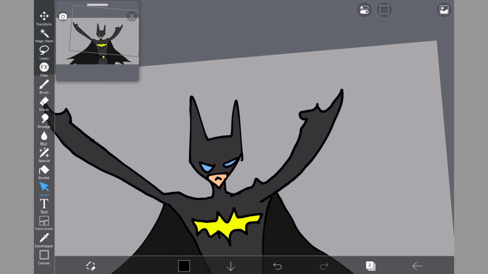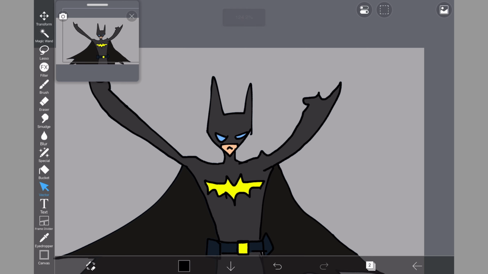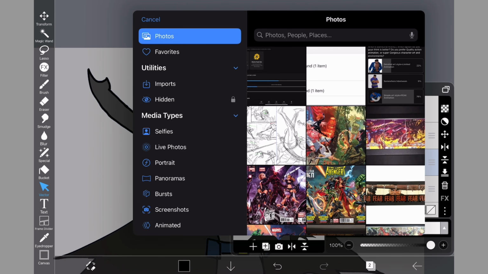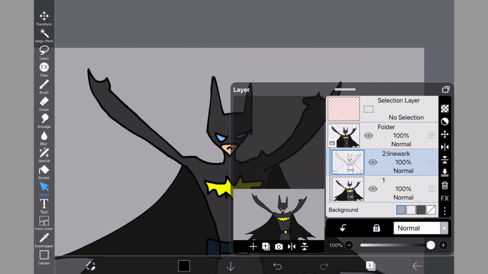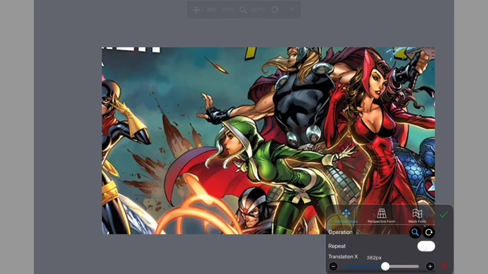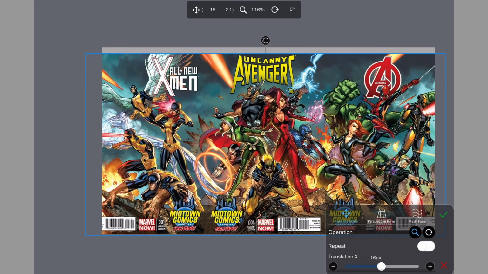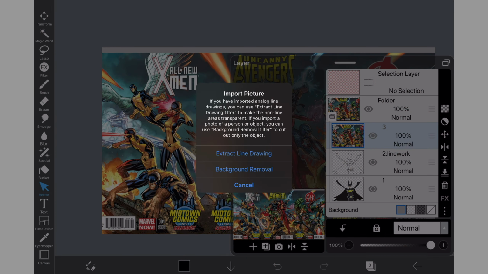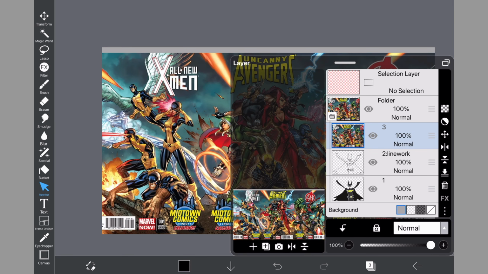Then you have this little camera button, which allows you to import an image from your camera roll, which is really cool. If you want to edit an image or you want an image to reference, you can pull it in, zoom in on it. This is like an X-Men Avengers comic cover. And now that's in here. It creates its own layer, and you can just use it. I don't know. I used to import a lot of pictures, but now I just use the reference window, which